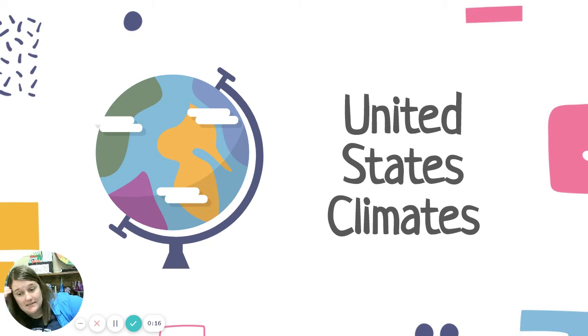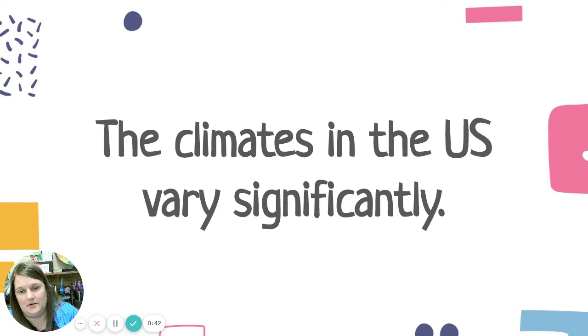Okay, our United States climates. We're going to take those climates that we learned about, and we're going to see most of them in different places in the United States. However, some of them are going to look a little different, and we'll talk about that as we go through. You really want to pay attention. Here's a hint for your Show It, to the places that you can find these climates. I posted these notes on Buzz for help with your Show It. So just keep that in mind, okay?